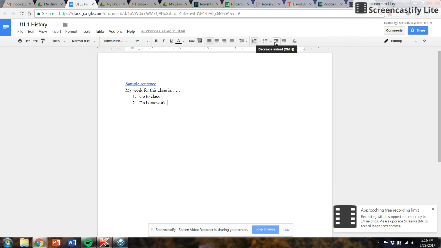These two tools, the indent and increase indent, you won't use at all, but please do indent when you are writing paragraphs. So if I'm writing a new paragraph, I want to indent and say, my writing. So those are the most useful tools here in our